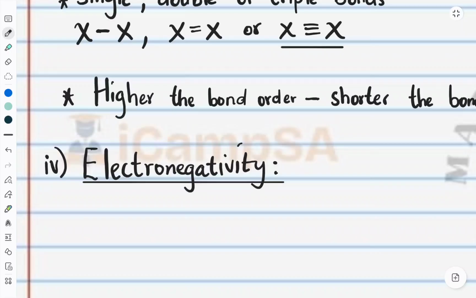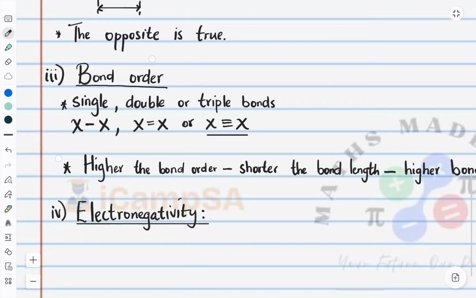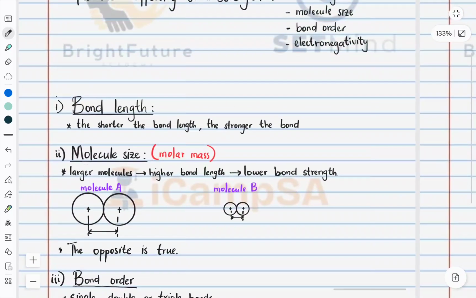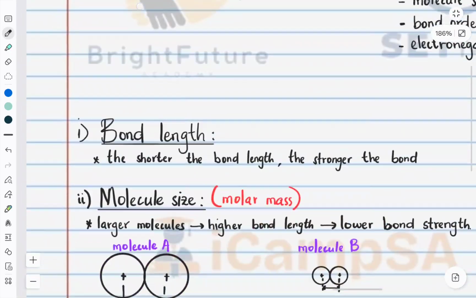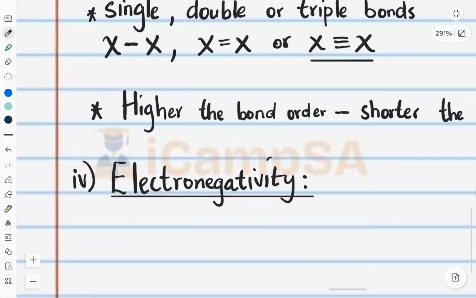They will pull each other so closely that they will achieve a very short distance between their nuclei, which is the bond length, right? So as they do that, the bond length becomes shorter, and therefore the strength of the bond will be higher. So the opposite is also